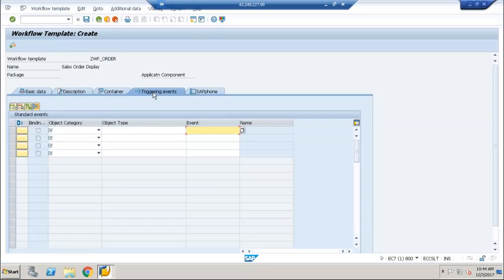So now we came to a concept called triggering events in the workflow. In this tab we are going to define and tell the system when this workflow needs to be started. Whenever my business object event gets created, I need to start my workflow. I created an event in the business object, right? What is that event? Created event. So if you select this one,